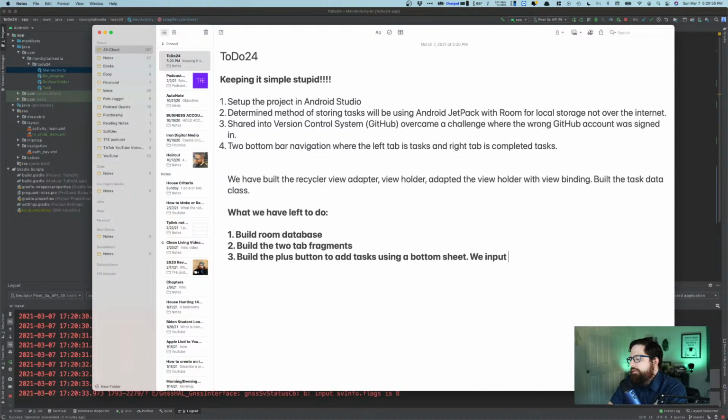We input a title and that's it. The app will automatically grab the date and time to input into the date time text field. Okay. Build room database, build the 2 tabs, build the plus button to add the task using the